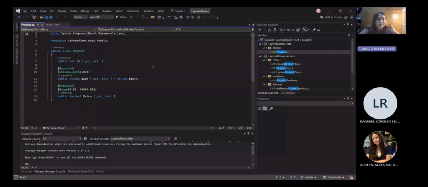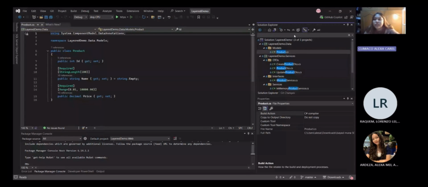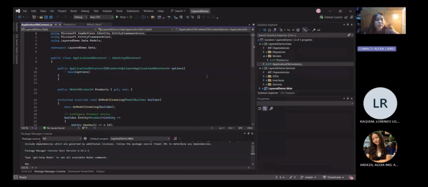Next is the application DB context, the bridge between the application and the database. As you can see with the code, inheriting from the identity DB context, we gain authentication features out of the box. This layer uses Entity Framework Core with SQLite for development, and it can be easily switched to other database providers.